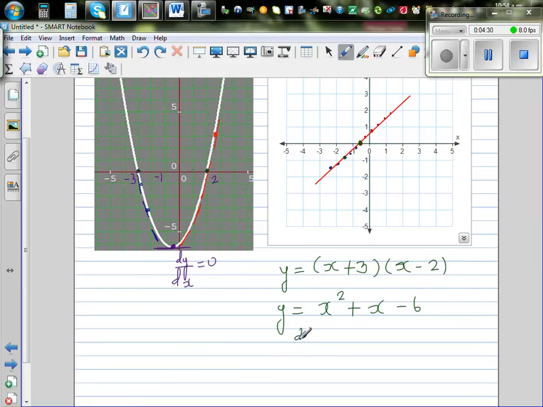So this is your function. Let's find dy by dx. dy by dx is equal to 2x plus 1. And it does make sense. The gradient